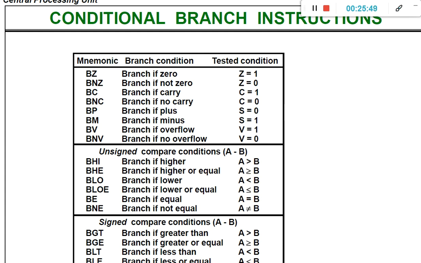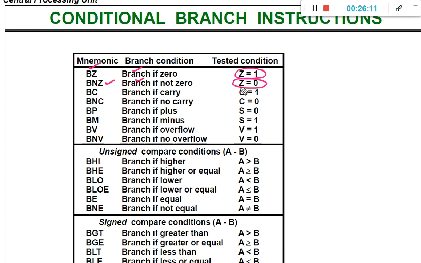So when we are going to perform the branch statement is determined. Branch if 0 means if Z is equal to 1, then perform the branch statement. It is represented as BZ. Branch if not 0 means when the Z value is 0, then perform the branch, and it is represented as BNZ.